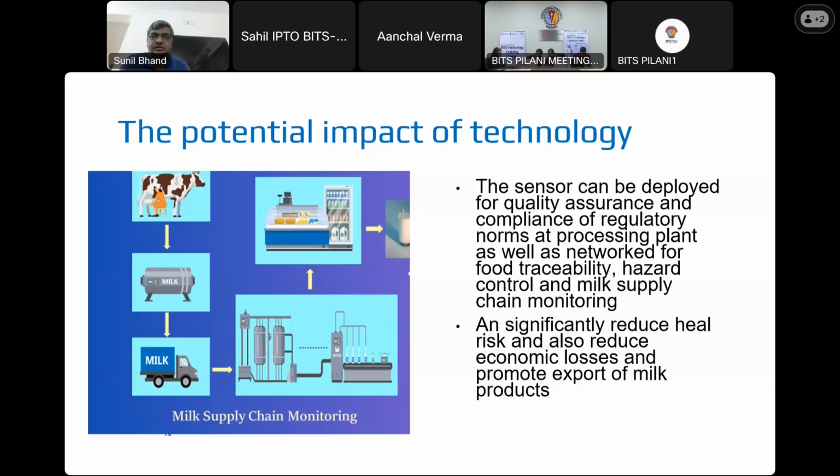So also we have spoken to 2 or 3 dairies, the global large dairies like Nestle, Amul, and Mother Dairy. They have shown keen interest because the cost incurred per liter is extremely high for aflatoxin M1 related testing. So this technology will